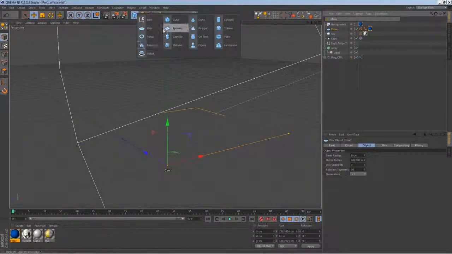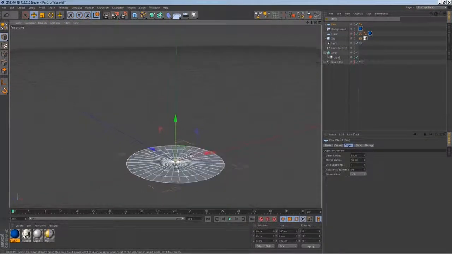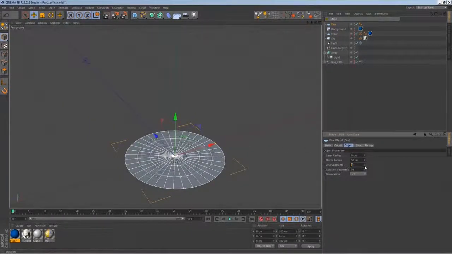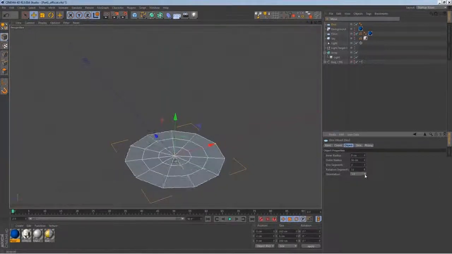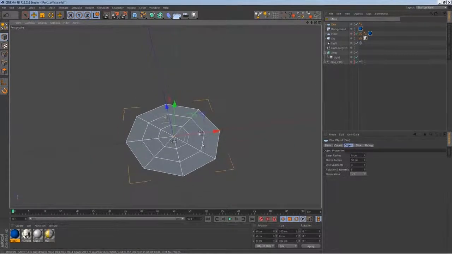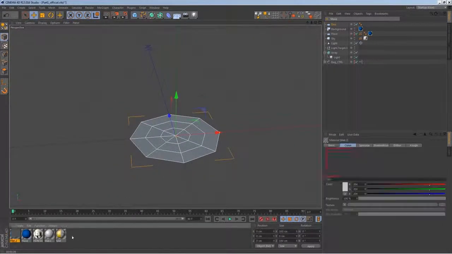Now we're going to bring a disk again. This time it's going to be smaller, probably like 50, and we'll adjust the size. So this is going to be our potato chip, and we'll bring this disk segments down to 3, and I don't want it to be too many vertices here, so probably like around 8 is fine. So that's gonna be our potato chip basically. So while we're still here, let's create a texture for a potato chip. I'm gonna call it PC. Alright,